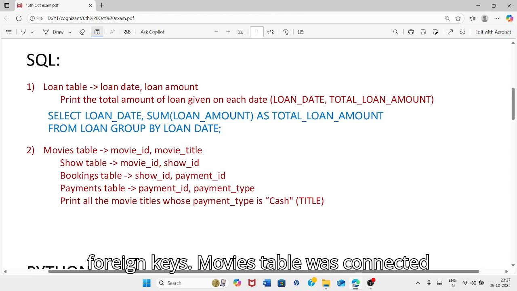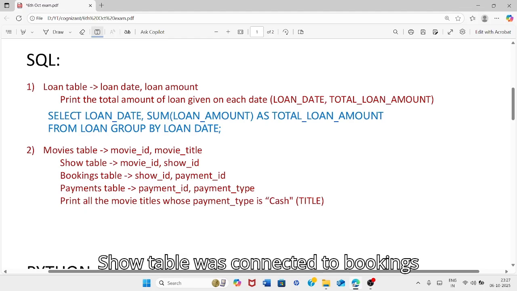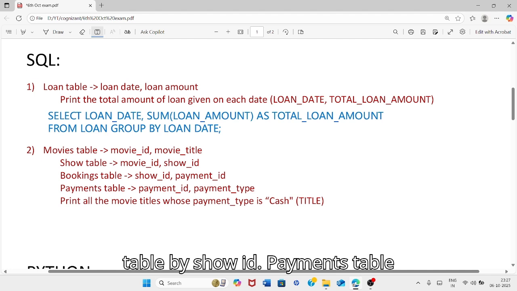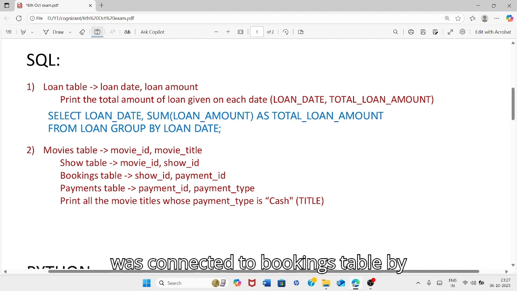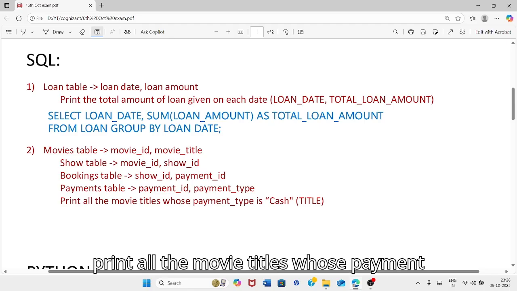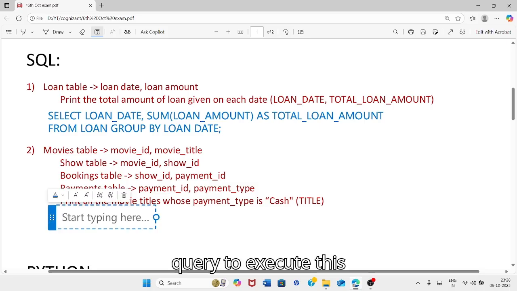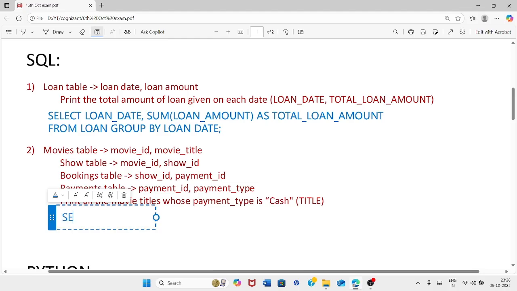Movies table was connected to show table by movie ID. Show table was connected to bookings table by show ID. Payments table was connected to bookings table by payment ID. They asked us to print all the movie titles whose payment type is cash. The query to execute this question is